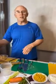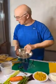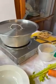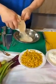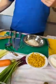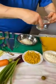Now, while the vegetables are getting nice and tender, it will have to come to a boil. So I'm going to make a roux. A roux is normally made with butter, melted butter, and flour. To save on some calories, you can add just water and flour too, because this has so much flavor in here. So I am going to put in about 7 tablespoons of flour. Now I have an eye for it, that's why I am just kind of going like that. And now I'm going to add in 7 tablespoons of water too,